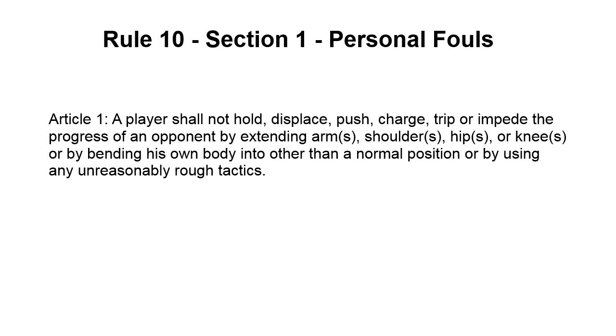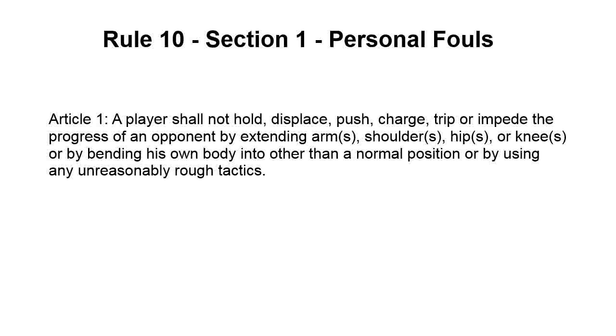I am back with part 6 of my video series on bad officiating in the 2016 NCAA Championship game. This video will focus on Rule 10, Section 1, Article 1, which defines illegal contact in general. Rule 10.1.1 states that a player shall not hold, displace, push, charge, trip, or impede the progress of an opponent